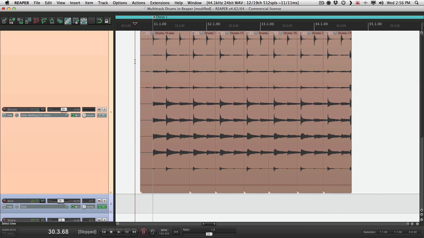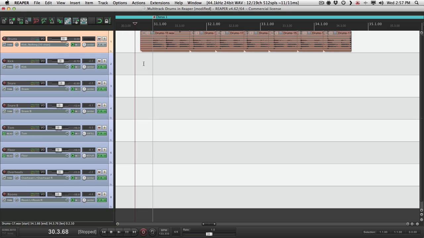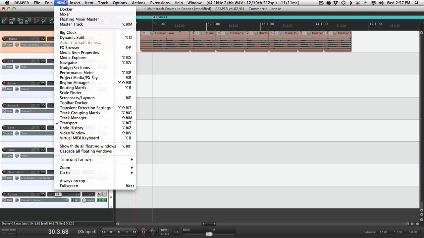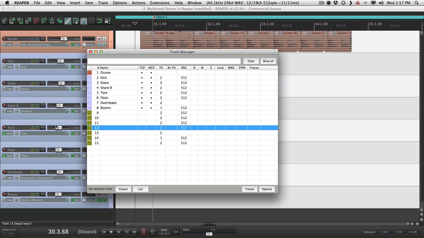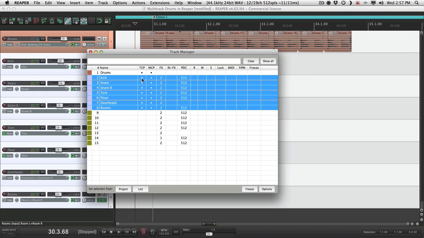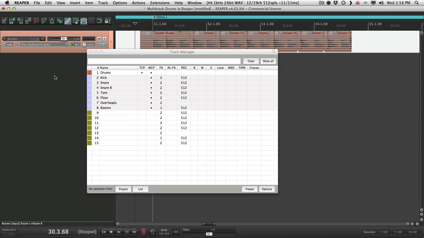Now check this out. Let's make everything smaller. You might think this is a bit confusing, having all these tracks for our drums, both for editing and for mixing. But there's a feature to make this much easier. Go to View and choose Track Manager. Here we can choose what tracks are visible in what window. Right now, we're seeing everything in the Track Control panel, or the TCP. If you think about it, these individual tracks over here don't need to be in the Track Control panel. So we can select them all and hide them. So now all we're seeing is that one drum track,